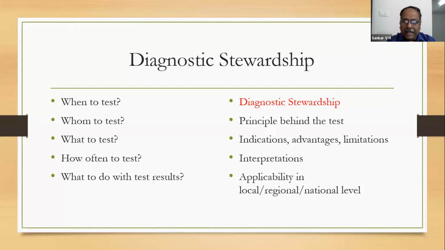Because ideally, if you do the test in everybody, it's a classical ideal situation, because you are testing 100% of the population with the RT PCR and saying whoever has the infection has to be quarantined. Along with that, you are doing the antibody test, which will help you to say which people are immune. It's the best scenario, which is absolutely not applicable because of various logistic concerns. So applicability at local, regional, national level also has to be considered.